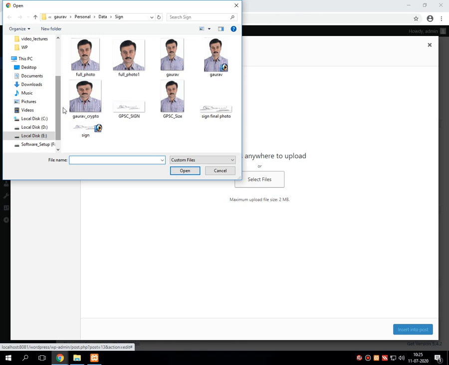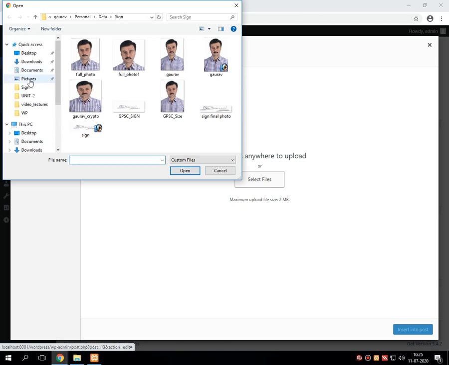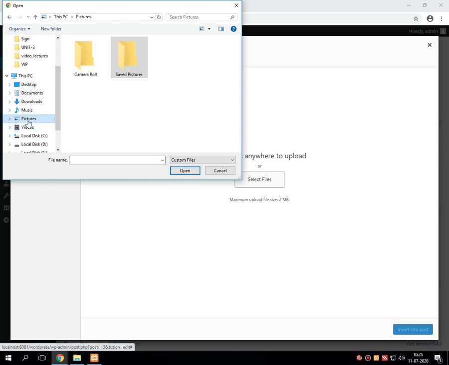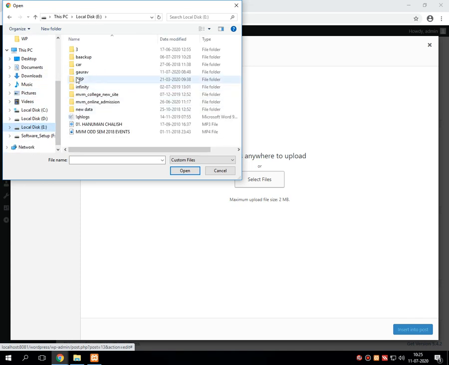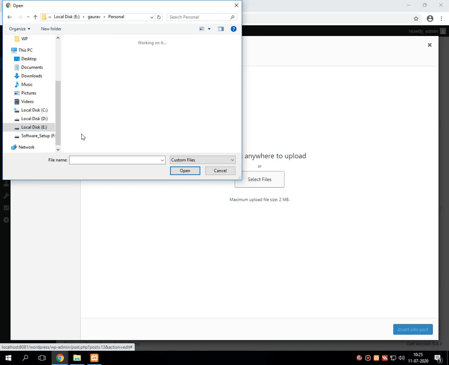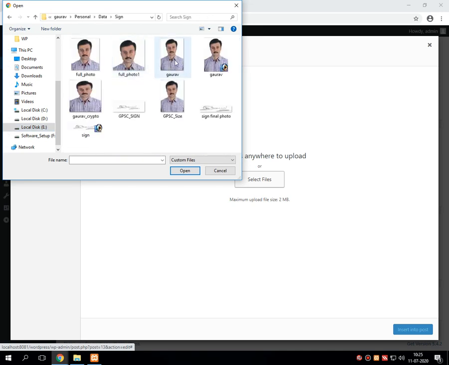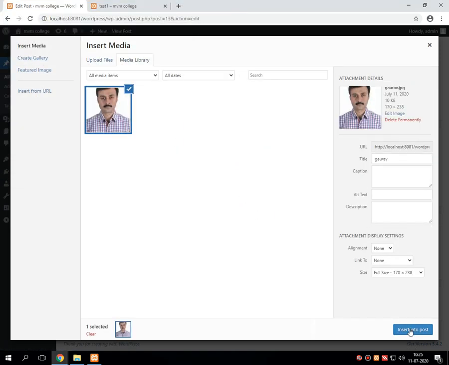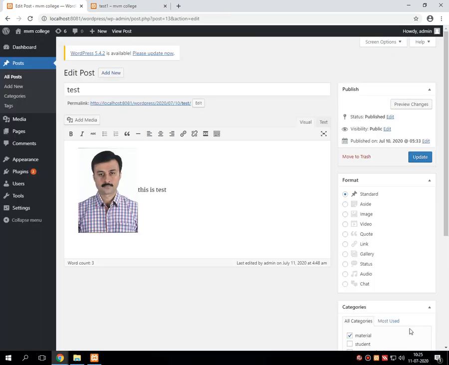So select the file, then in the pictures, select the particular picture and press insert into post. It will automatically display the attached media on the screen. Press update.